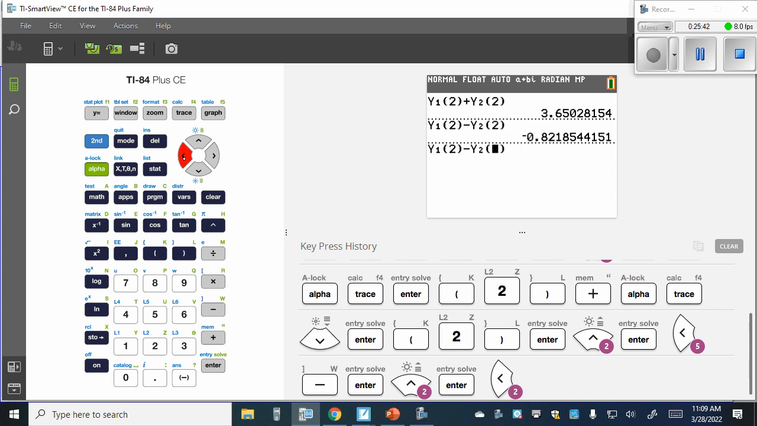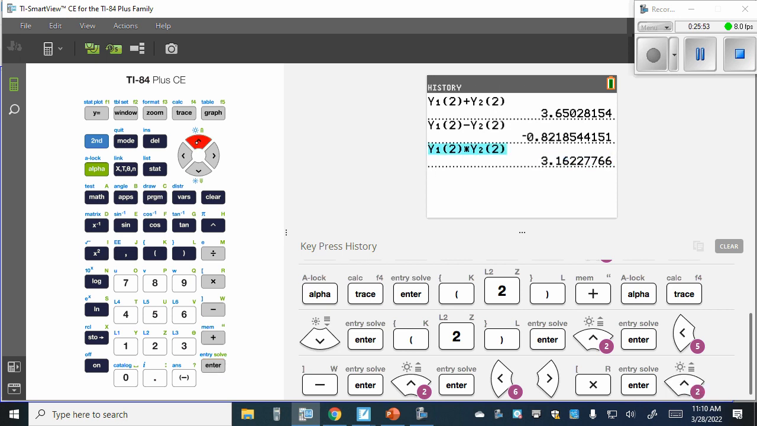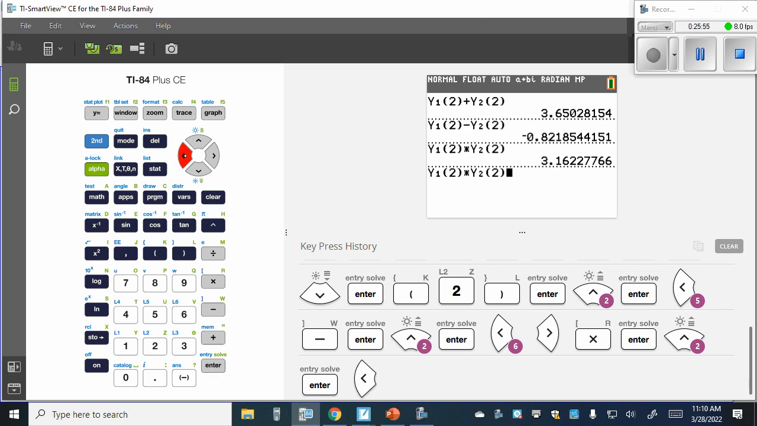And we can do the exact same thing with multiplication. Times. And lastly, we can do the exact same thing with division. And we get 0.632455532. And that's how we can use the calculator to evaluate these here, which does make it a little bit easier